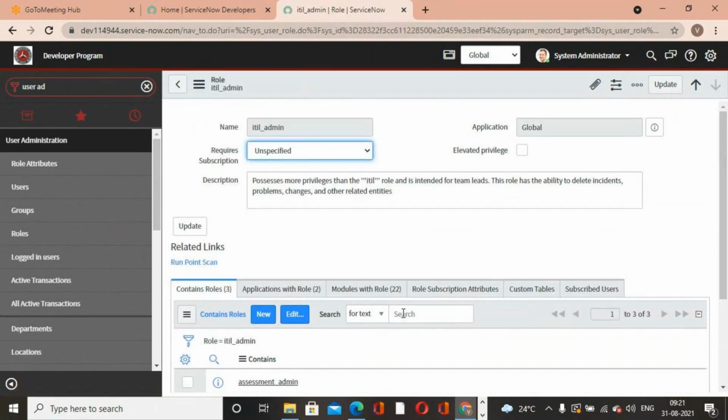What about the ITIL admin role? User administration is the most important topic in admin. We have to work very carefully with this one, and I don't assign any role to a person without confirmation, without cross checking. That's the most important. If you assign a wrong role to a person, they may perform a wrong operation in that system that may impact the business. Okay, so now coming to ITIL admin,